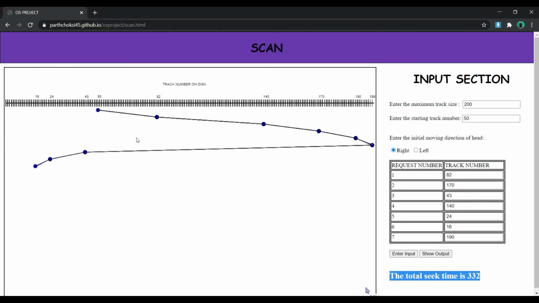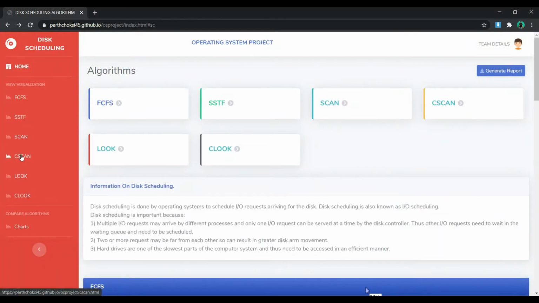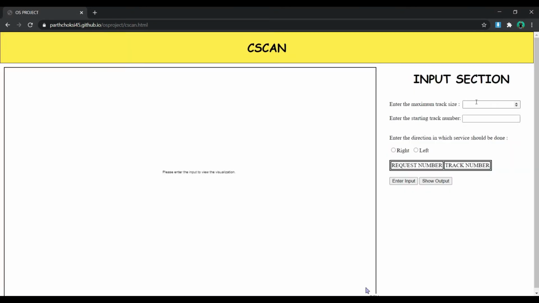Now we will move towards C-SCAN. C-SCAN is an improvisation of the SCAN algorithm. We will see it by plotting a graph, taking the same previous input, taking direction right, entering the inputs.